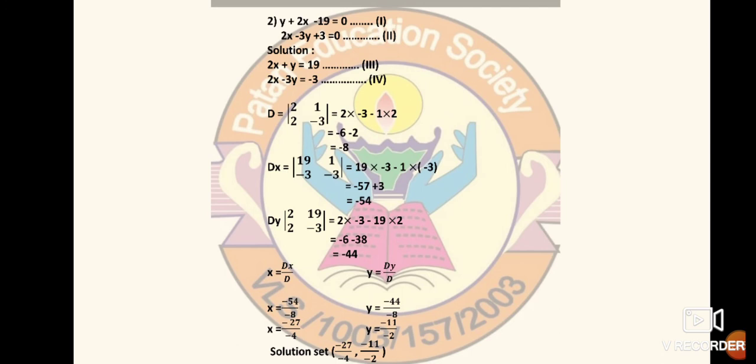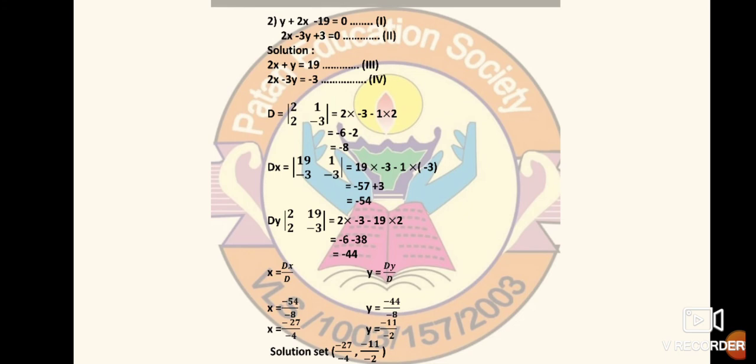So 2x plus y, we have just changed the positions of y and 2x. But kindly note that these changes we are doing on the same side, so there won't be any question of changing their sign. But minus 19 you have to take to the opposite side, that is after the equal sign, so that will change its sign and it will become positive 19. So after changing the positions, the equation will become 2x plus y is equal to 19. Here negative 19 was there initially, it has become positive 19 now.